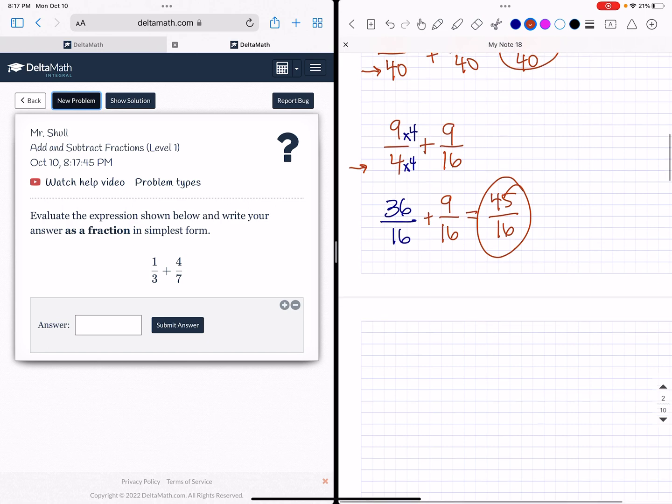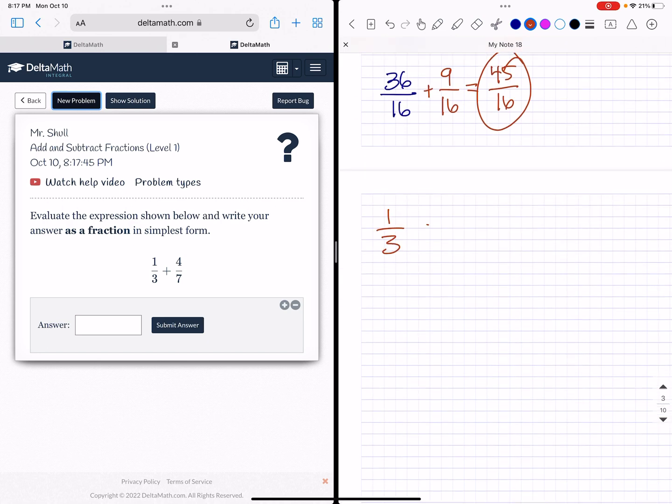New problem. 1/3 plus 4/7. Let's say I don't know my multiplication facts. I can go like 3, 6, 9, 12, 15, 18, 21. Oh, wait, 21. 7, 14, 21. Okay, they both share 21. So if I multiply the 1/3 by 7, I get to 21. So I get 3 times 7 is 21 on the bottom, and that's what I want. And 7 times 1 on the top is 7. And over here, the 4, I can multiply it by 3 and 3, and I get plus 12 over 21